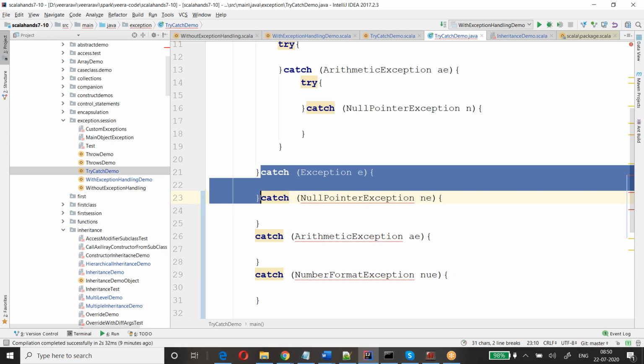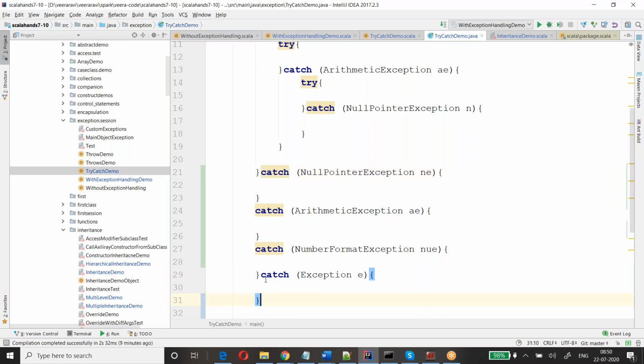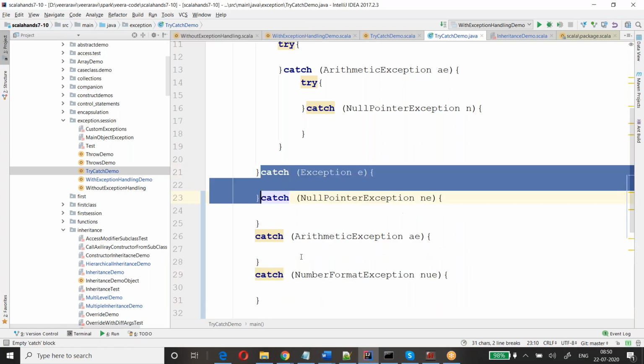So that's the reason, when you are writing the catches, we keep the children first, then the parent. Why? Because if you keep the parent first like this, the parent can handle it. It never reaches the children. As we discussed earlier in the inheritance concept, a parent can easily handle any child object, right? That's the reason